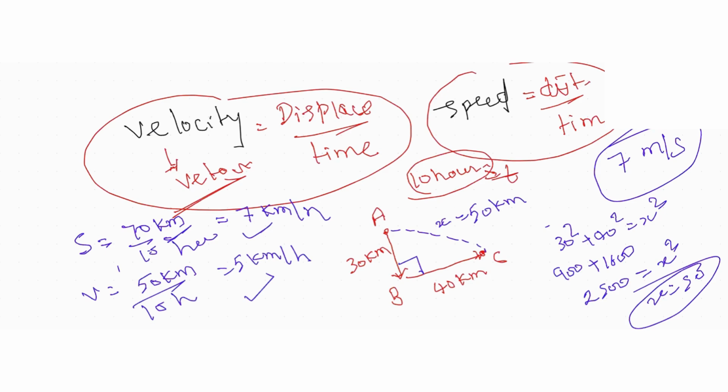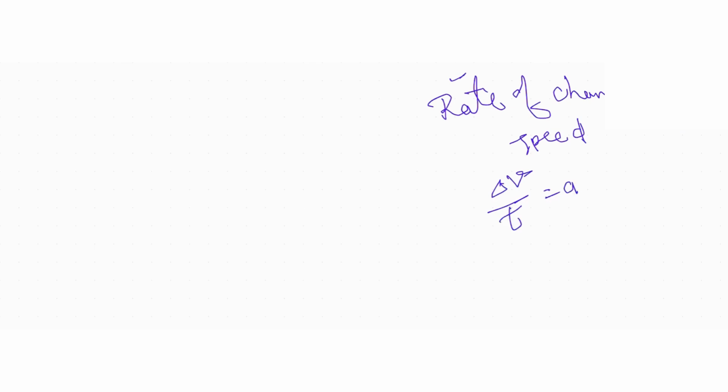Yeah. Let me ask, what is the acceleration? Acceleration is how an object increases its speed over time. How the speed is increasing or decreasing. So can I say rate of change of speed? Yeah, the rate of change of speed over time. So rate is telling us the time only. So this is delta V over T, the acceleration. Okay. So change in velocity over time is the acceleration.